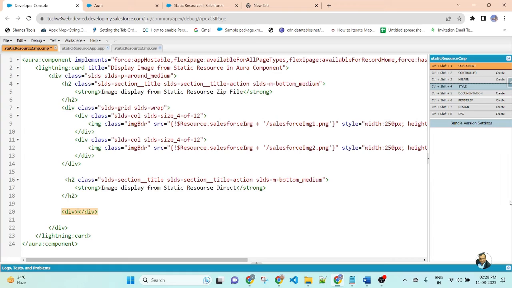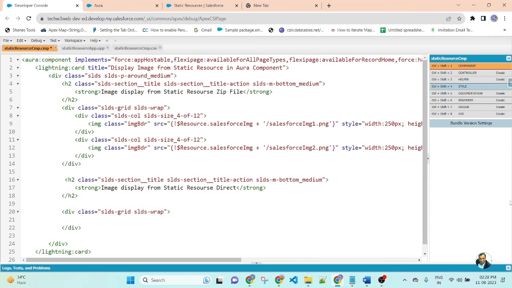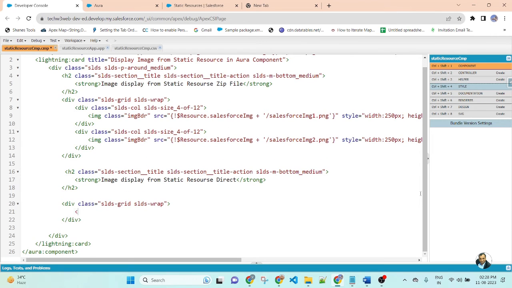Create a div with class SLDS grid SLDS wrap. Inside, create a div with class equal to this one: SLDS col SLDS size 4 of 12.